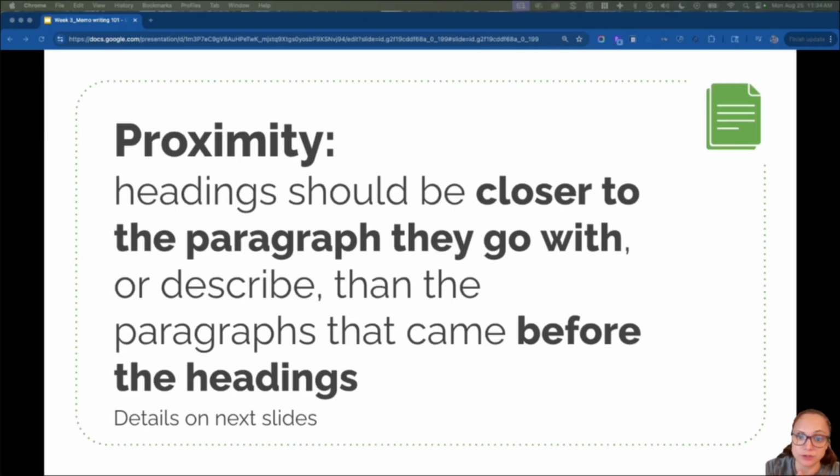Now, pay close attention to these next few slides. I'm going to be explaining the concept of proximity as it relates to written documents and why proximity is important in these visual media, such as a memo. Headings should be closer to the paragraph that they go with or that they describe than the paragraphs that came before them. I'll say that one more time. Headings should be closer in proximity to the paragraph that they go with or that they describe